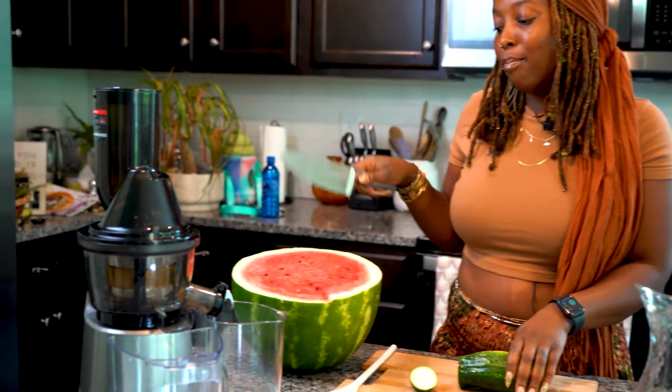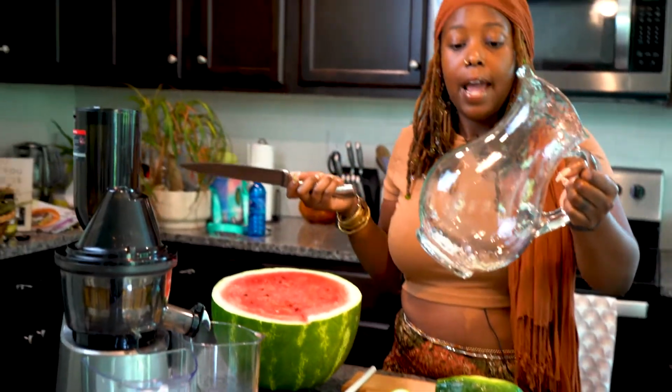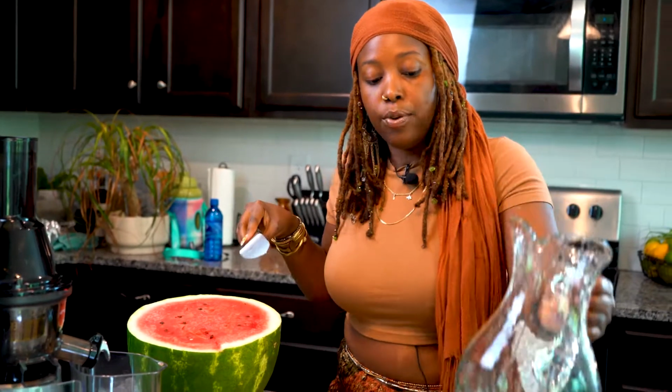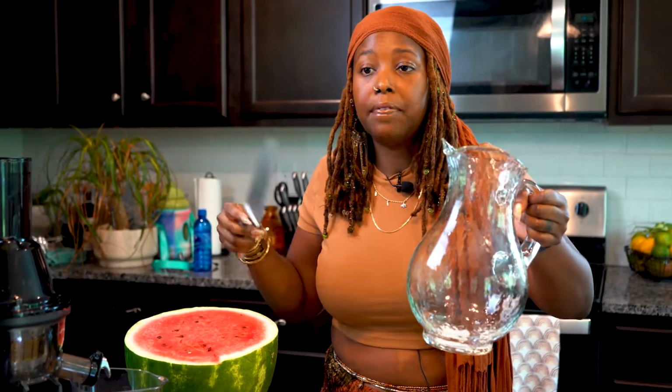So I'm going to get into cutting this cucumber and breaking down this watermelon so that I can get this juice. I'm going to put this in my pitcher. And a cool thing about this is that you can leave this in a pitcher. You don't have to drink your juice the same day. Of course, juice, let me put the knife down, y'all thinking I'm being all crazy, but with the juice, you can have it in your refrigerator and just drink it daily whenever you need to,